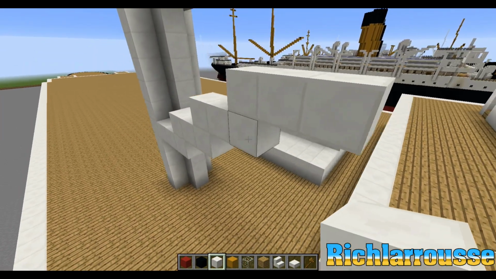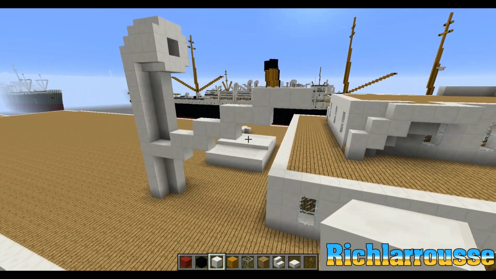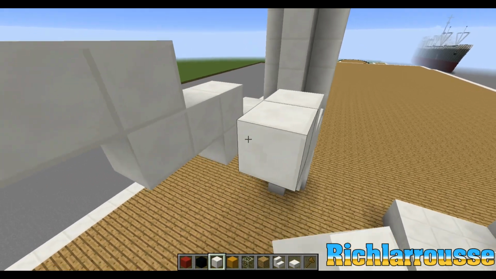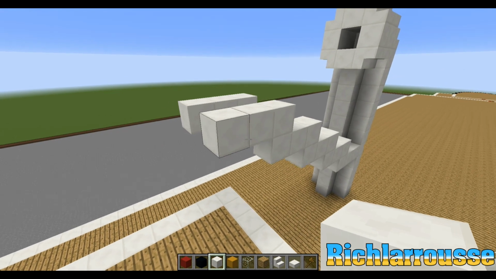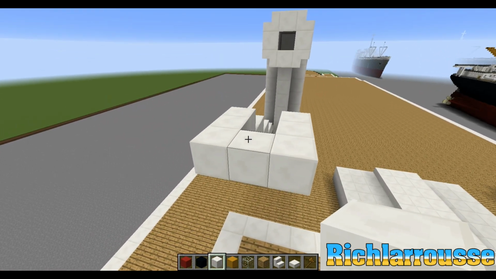That's 4 rows, and then 1, 1, 2, 3 like that. So it's 5 rows of 3 like that. Do the same on the other side. So 1, 2, 3, 1, 2, 3, 1, 2, 3, 1, 2, 3 like that, and then add a middle block in between like so, and then add another row of 3 in the middle, 1, 2, 3 like that,